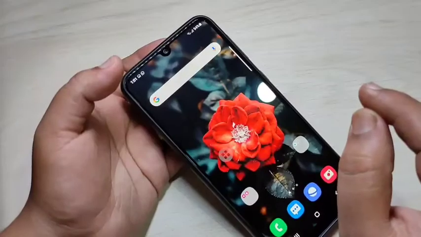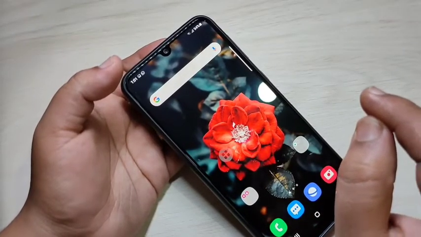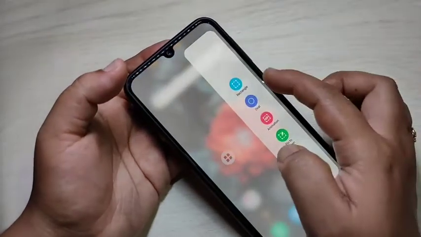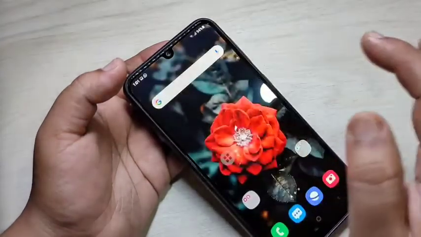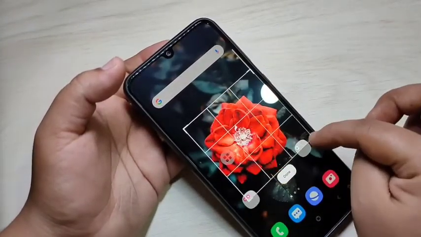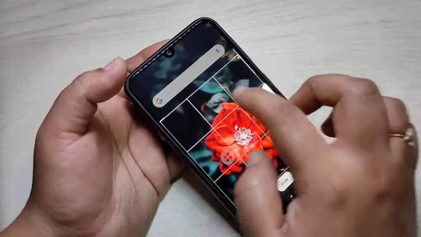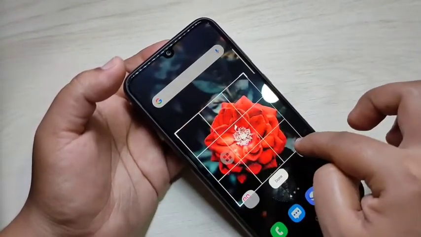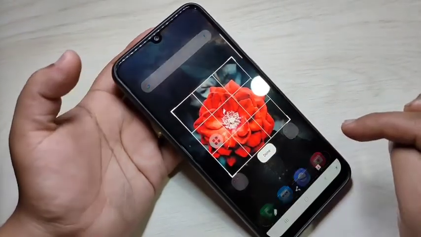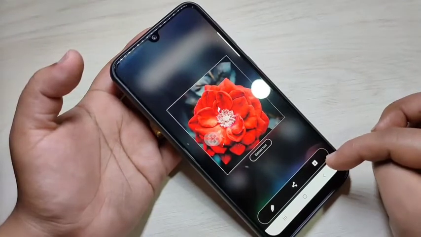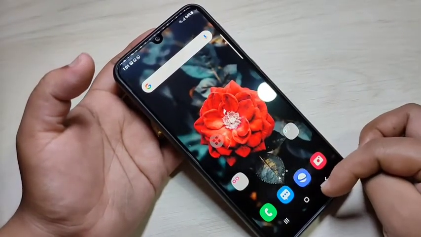A partial screenshot: if you want to take a partial screenshot, go to the edge panel and tap on the option rectangle or oval. Here I am going to take the option rectangle. Then you can see one rectangle is here and you can adjust the rectangle. You have to select the portion that you want to take the screenshot of. Then tap on done. If you want to download this one, tap on this download button. Now you can see saving image to gallery.